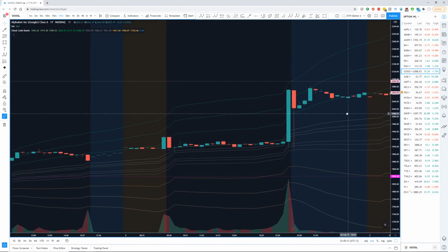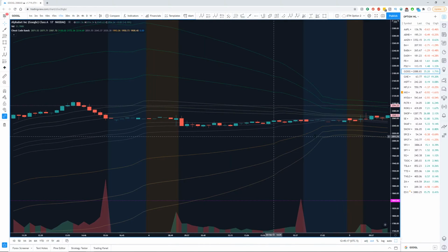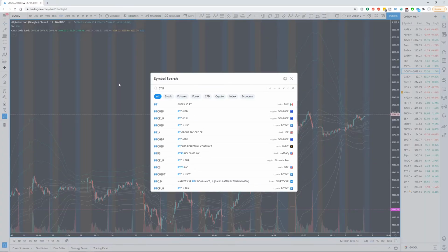Almost had a signal here at the end of the day before earnings. Not quite, though. So yeah, really not much on a 17-minute chart either. Definitely a lot harder to find the entries on the longer term candles with this through stocks, just because of the market close. Be curious to test it with like...